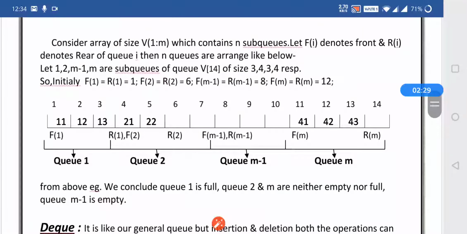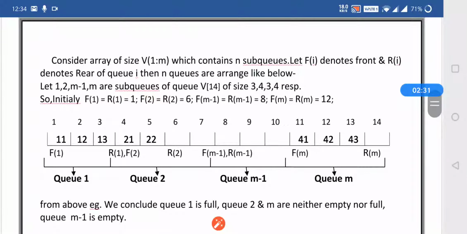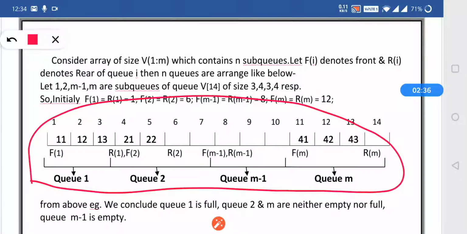First we will see this particular queue, that is multiple queue. It is a combination of various queues, that is q1 is here, q2 is here, qm minus 1 is here, and qm is here.